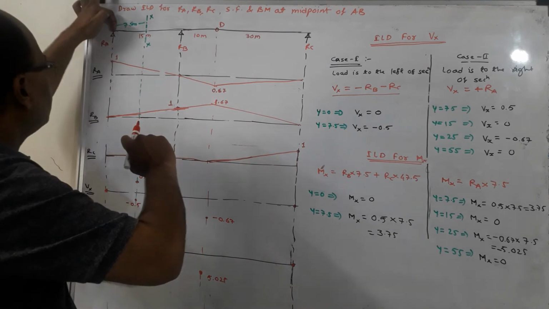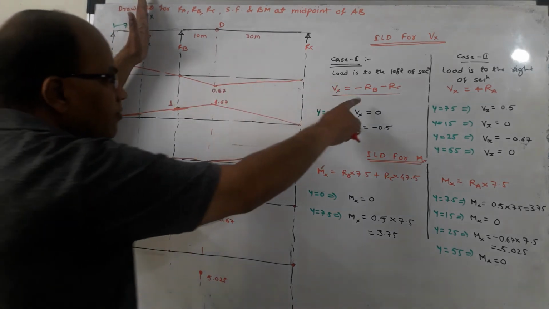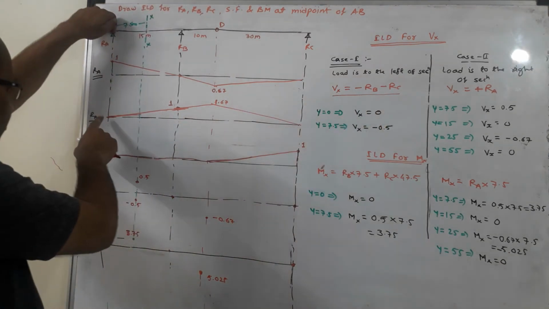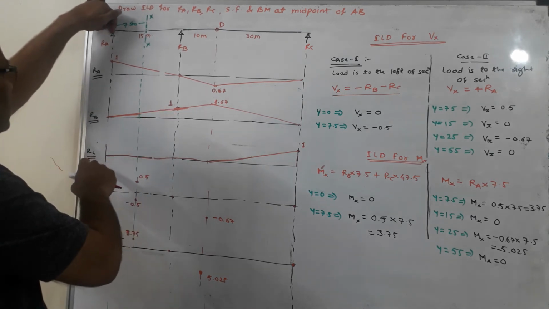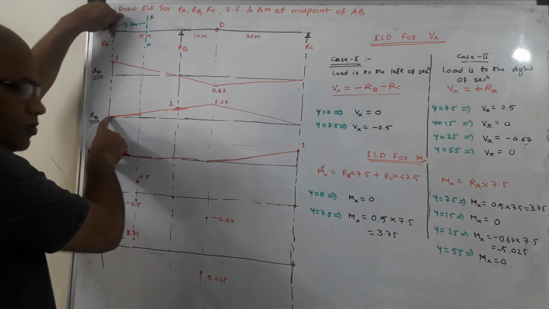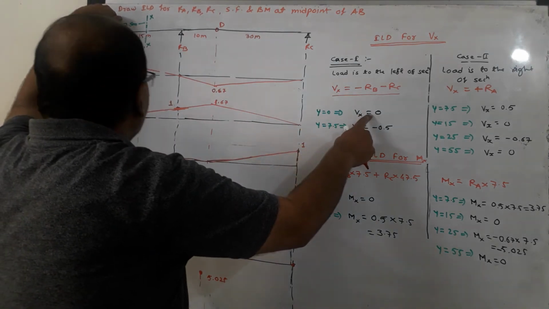So when the load is over here, shear force at XX is to be obtained from Rb and Rc. So when the load is at this position, check the value of Rb. Rb is 0, Rc is 0. Remember it well, the values are to be considered for the position of the load. So Rb is 0, Rc is 0, so both are 0, and that is why Vx is equal to 0.